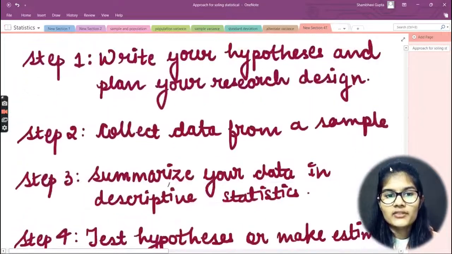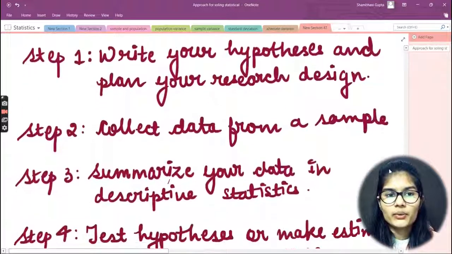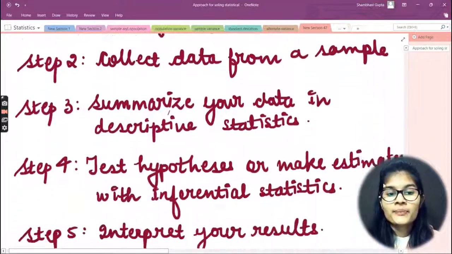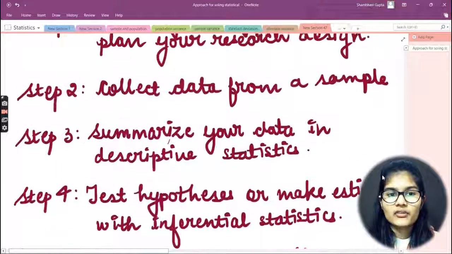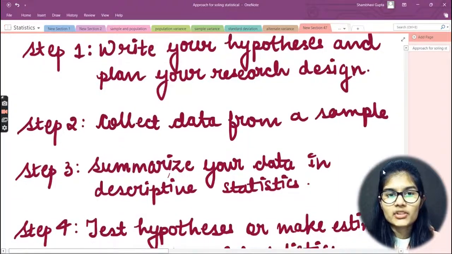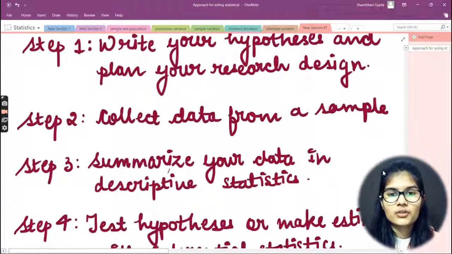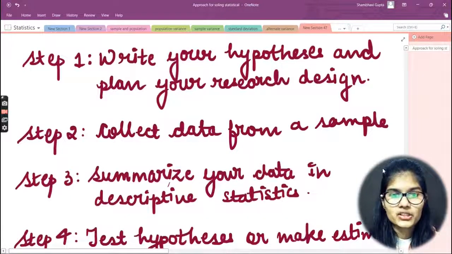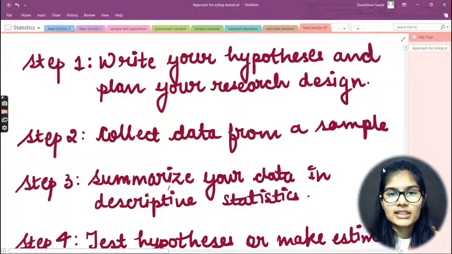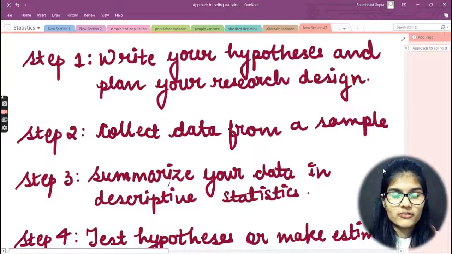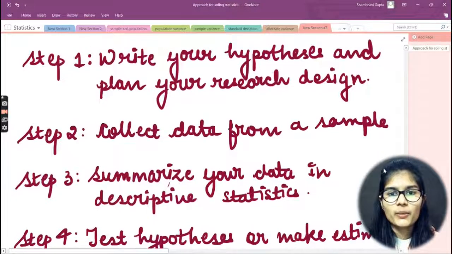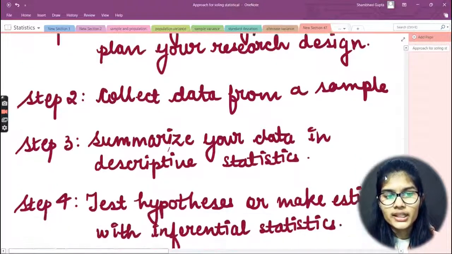Okay, so these are the 5 steps that you have to use for approaching any kind of statistical analysis problem. Now if you're not clear about any step, what it is, how to approach it, what the topics are and how to learn them, I already have a lot of videos in my playlist for Statistics for Data Science. So there you could simply follow any topic which you want to learn among